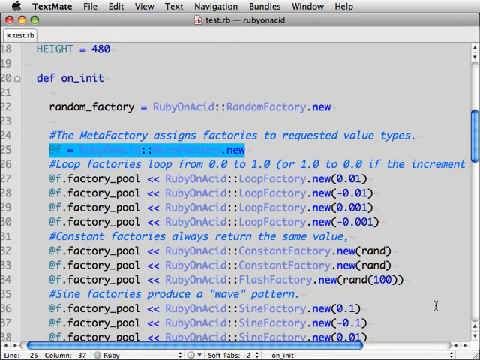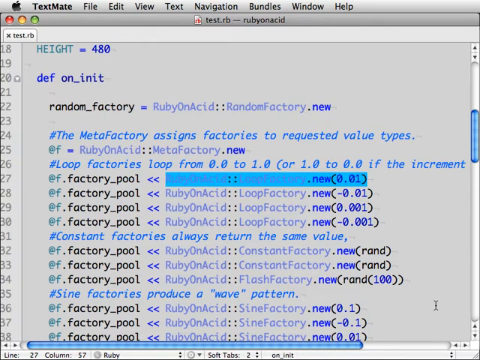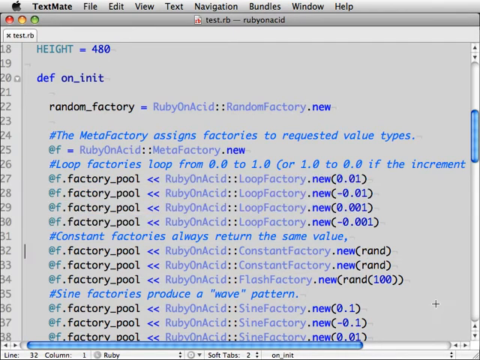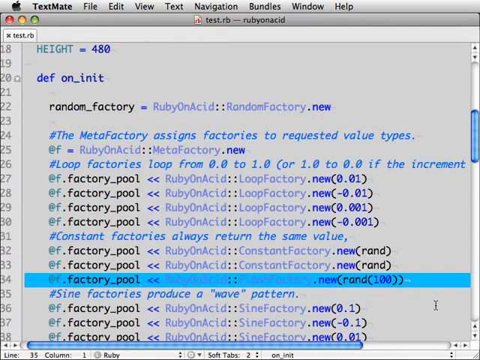Ruby on Acid works through factories, which are simply objects that return values between 0 and 1. Here we create a meta factory and assign several other factories to its factory pool, such as this loop factory, which loops from 0 to 1, a constant factory that always returns the same value, good for fixed points and so forth, a flash factory, which every 100 steps switches between 0 and 1,